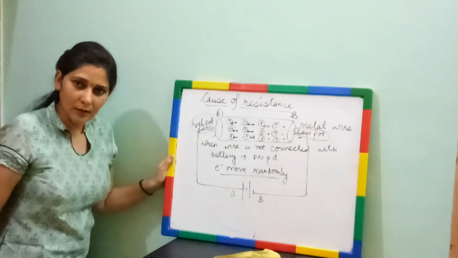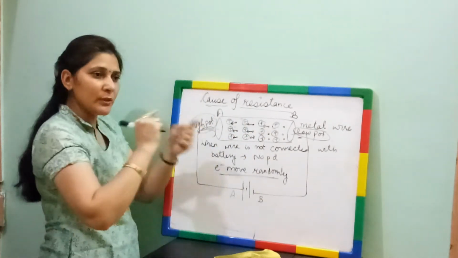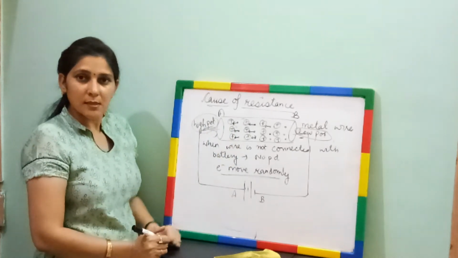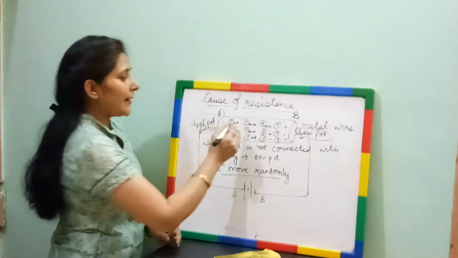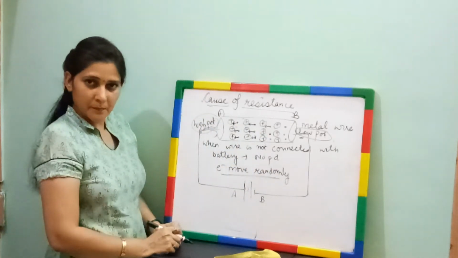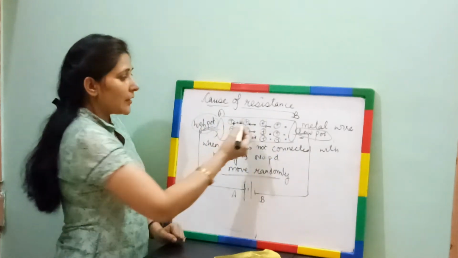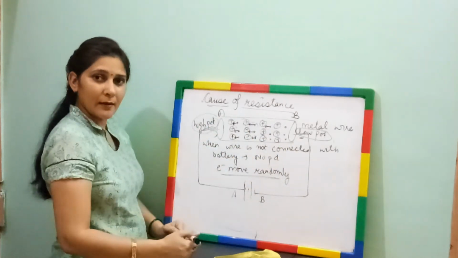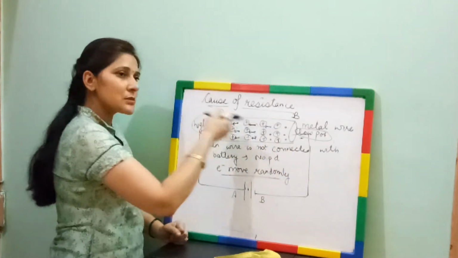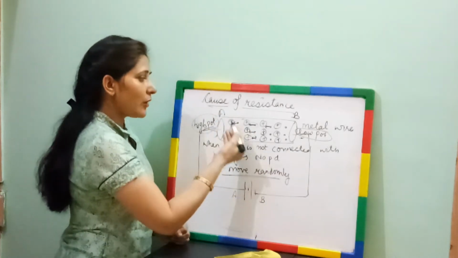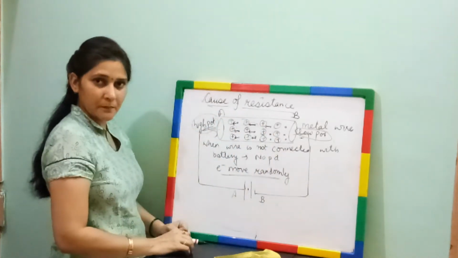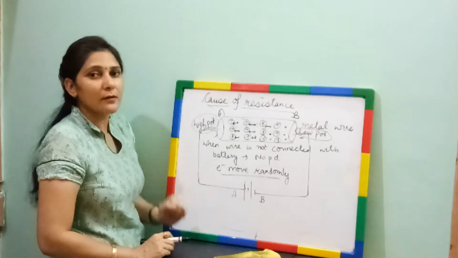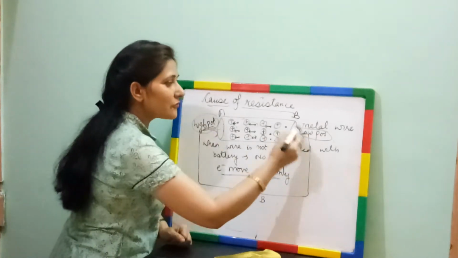In the previous case, when they are moving randomly, they are colliding with each other, meaning with the electrons themselves as well as with the positively charged ions. Now in this situation, they are colliding with positively charged ions. As potential difference is maintained, electrons are accelerated, moving towards the other end. But as they strike the positively charged ions, the speed or velocity of electrons decreases. As the velocity decreases, they may stop, but they are not stopped. Why? Because potential difference is still maintained.